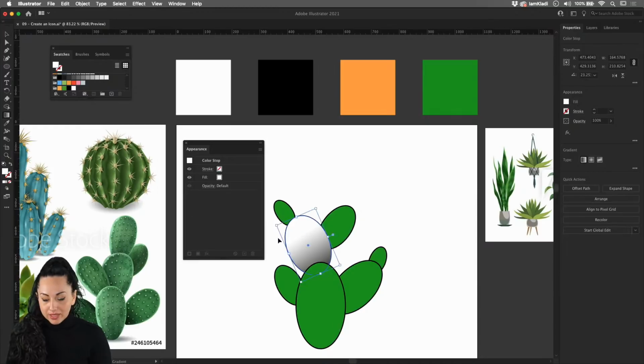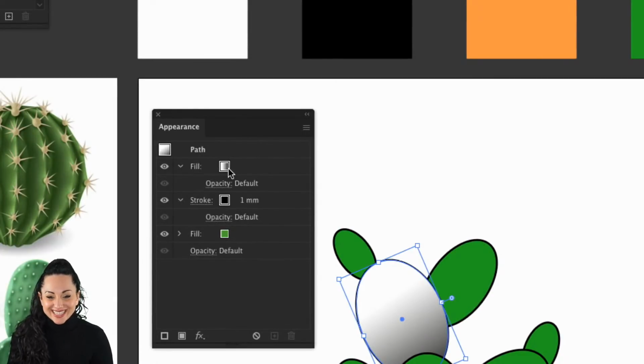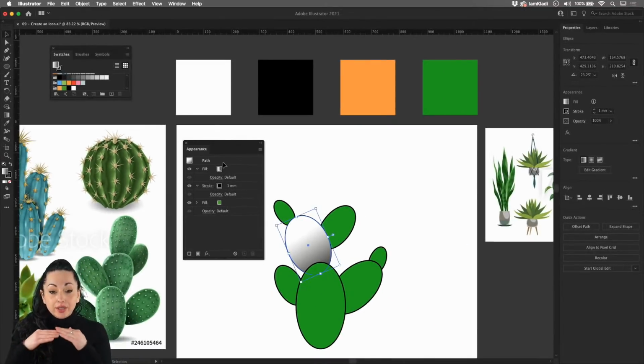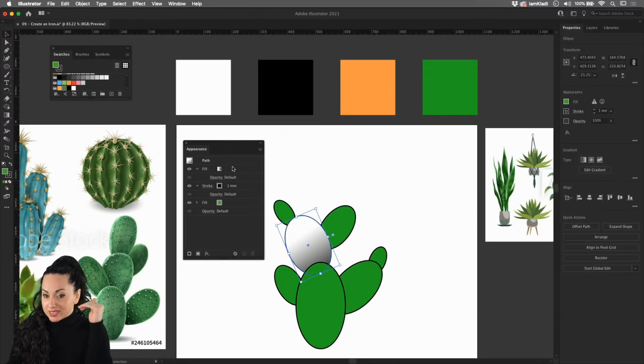And now that we have applied this gradient, all we have to do is to head back to the appearance panel, and as you can see, the gradient is already listed under the fill, the second fill. Now make sure that the fill sits on top, because as per the layer and everything else that is an order, it does matter. If we bring our fill underneath for whatever reason, if it's not showing, it is because it's underneath. So the order of your appearance matters. Everything that is on top will display on top.